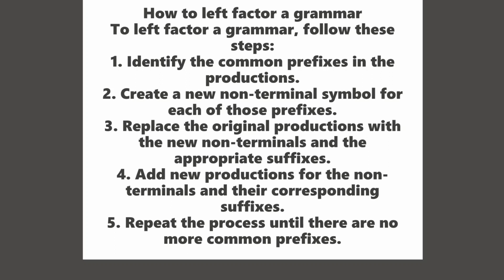Fourth, add new productions for the new non-terminals and their corresponding suffixes. And at last, the fifth is to repeat the process until there are no more common prefixes. So these are the five steps to left factor a grammar, to simplify a grammar. In the next slide we see